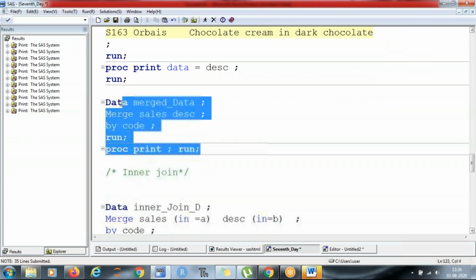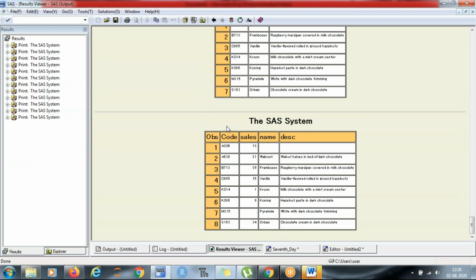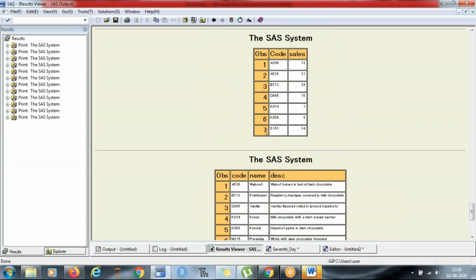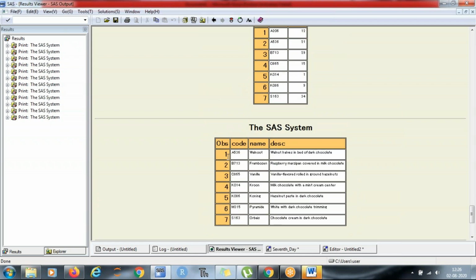Now, while I am running this, do you see? My first data has 7 observations. Second data also has 7 observations.